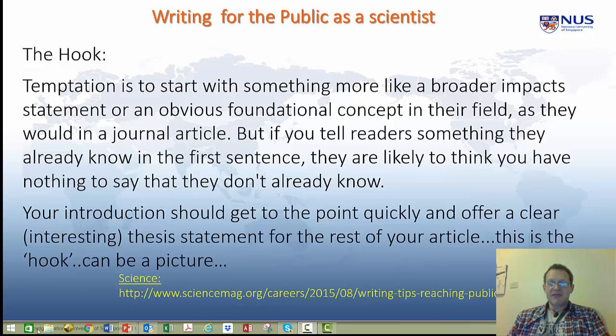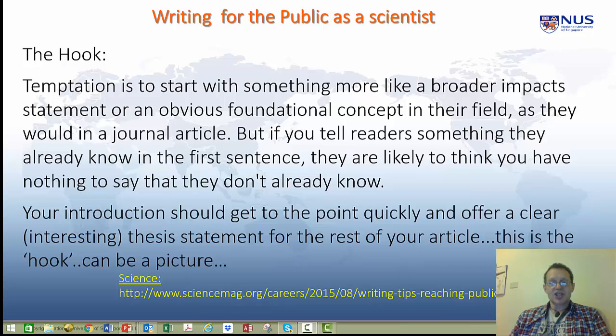So this is clearly a very different proposition, a very different writing proposition to writing a paper. I know there is still the interest in the paper, but you have a lot more things playing for you if you're writing to scientists. If you're writing for the public, they've got other things they can do. They can go and eat popcorn, they can go watch a film, they can do anything else. Why would they read what you've written?